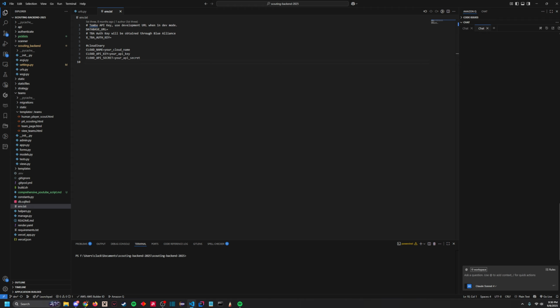And this is good because obviously the system handles sensitive strategic data, and this could expose our team's strategy to competitors, or just be bad practice and give access to our database and stuff. So obviously never hard code secrets. We have things like Cloudinary, which hosts our images, our Blue Alliance auth key, so we don't want people making requests on our behalf, and of course our database URL, which we're not using Tembo anymore, but for Supabase,